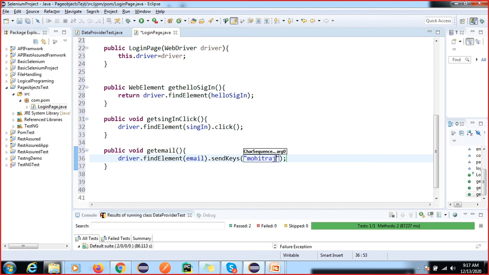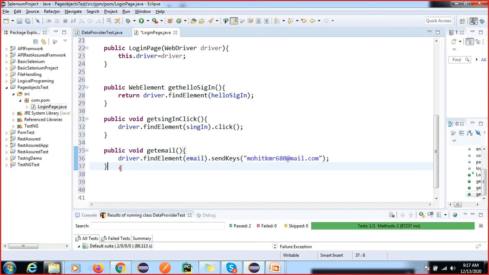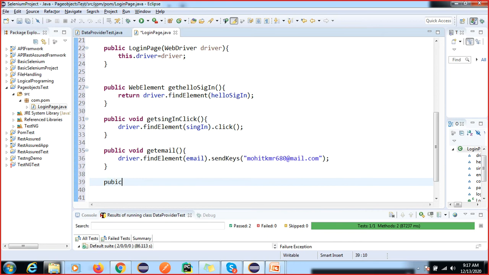Now see, this value is hard coded here, but in real time we are not going to do that, right? We will read this value. I will tell you later. Now enter, and now we have to click on the continue button, right?